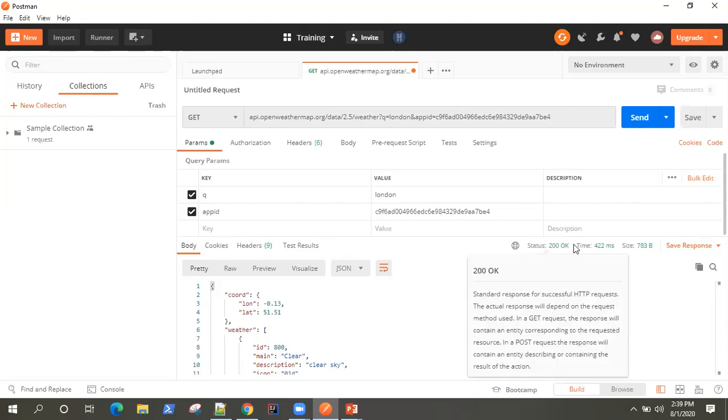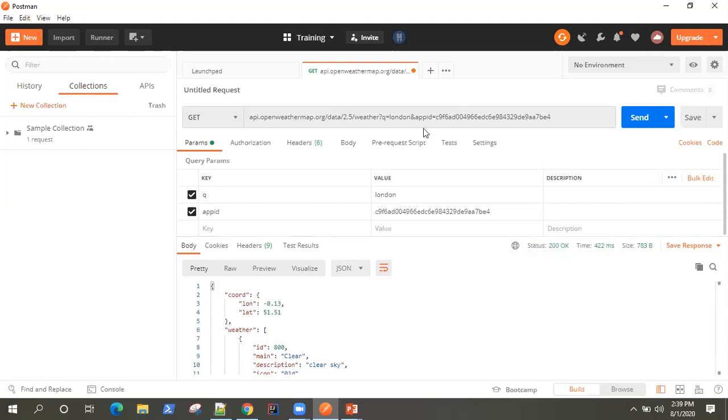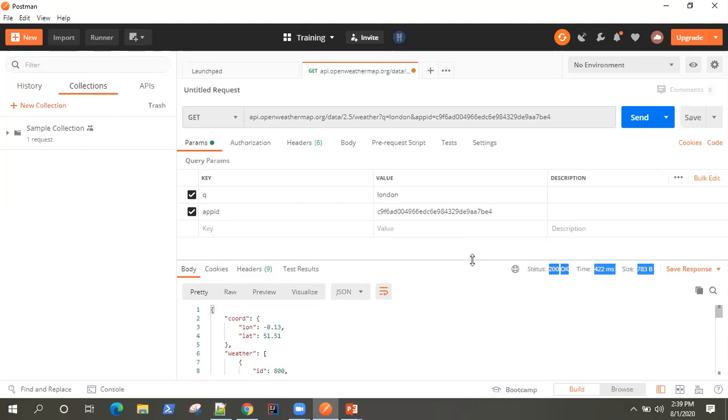Once you see the status, it's 200. That means our request was processed successfully and we got a response in a body type. Body types can be different, and we'll look at all of these when we validate our response. We are going to look after this video at how you can validate your response. But this is the basic idea of how you can send your first request, or send a GET request from Postman, what things you can add and how you can process that request.